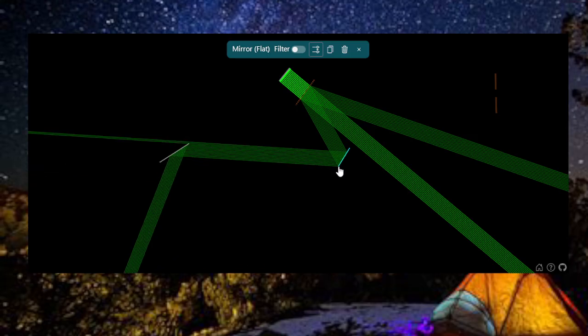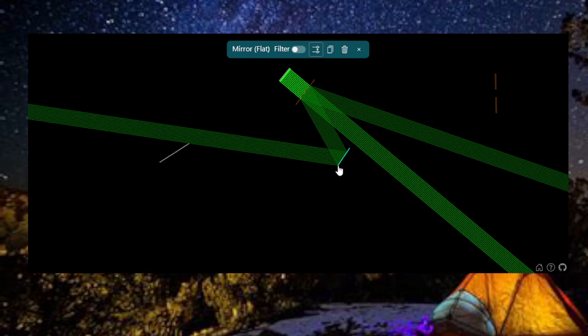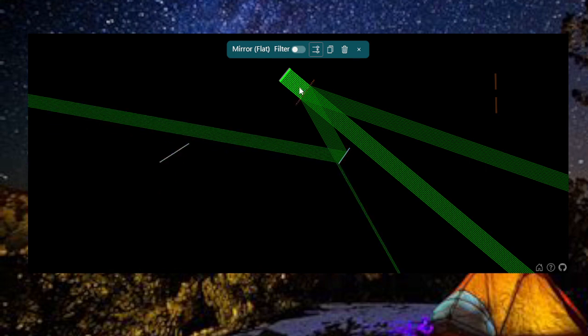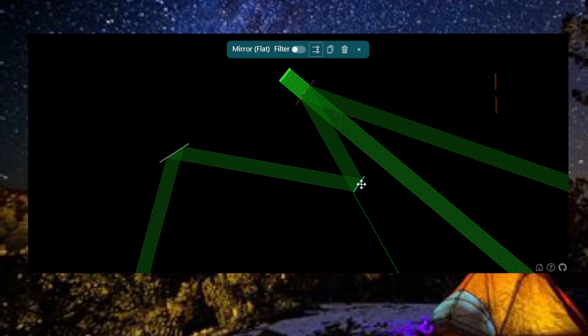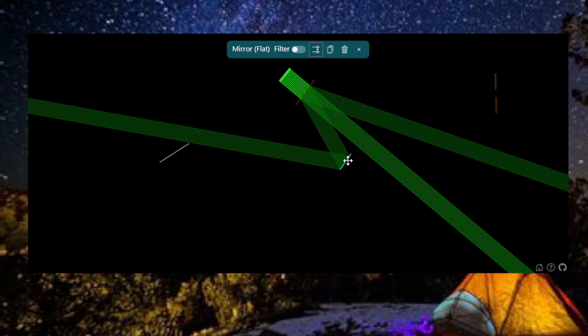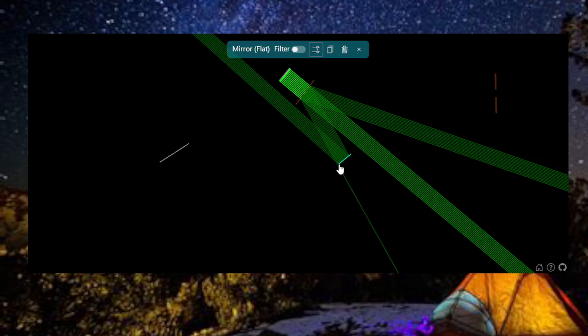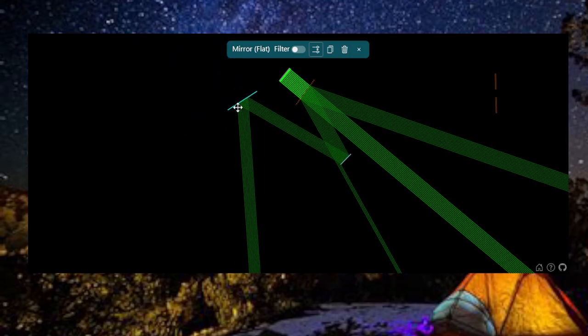That has to be 60 degrees. Well, if this is 60, these coming down need to be at a certain angle here. And so whatever this angle is here,